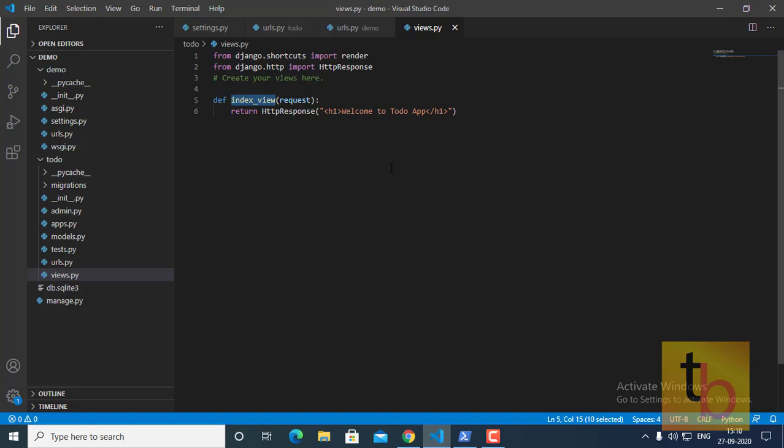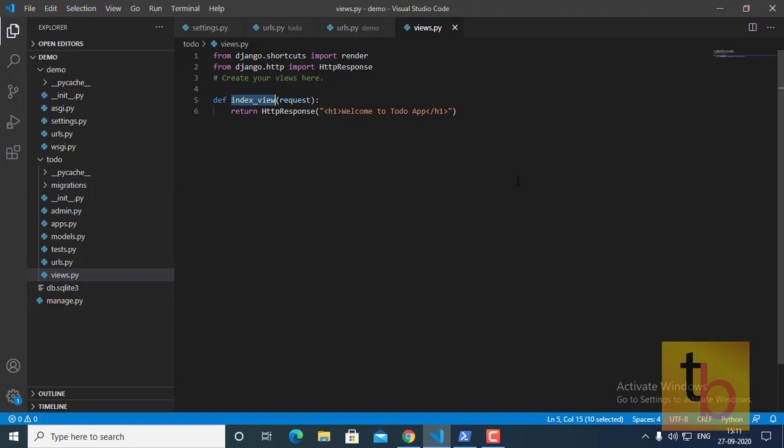But this is not the right way when we are creating a web application. We need proper HTML, and inside of that we need to write our HTML code and display our data which comes from our database and so on, right? So for that we need to create a template.